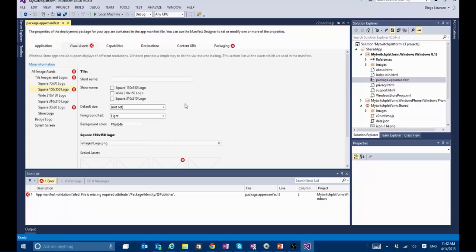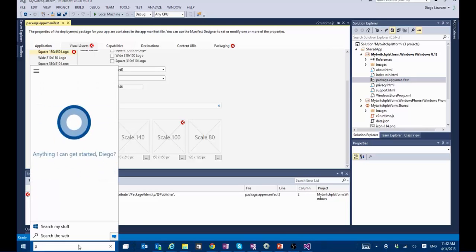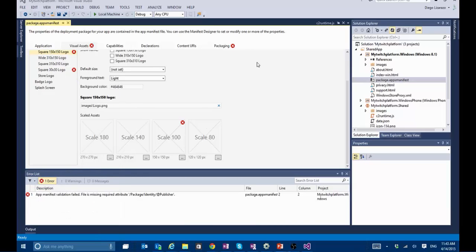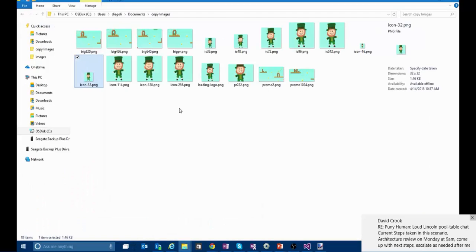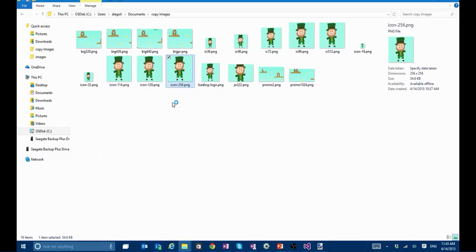So I have one error that has to do with the images here. So this is the store logo. That's the one that I basically ruined. So paint.net. That's the one that I'll have to create. So I'm going to recreate it really fast. Well, actually I should have done this. So this one, open with paint.net,